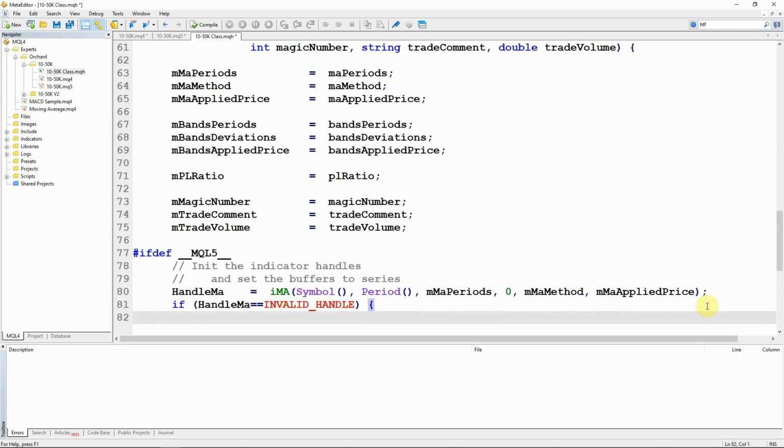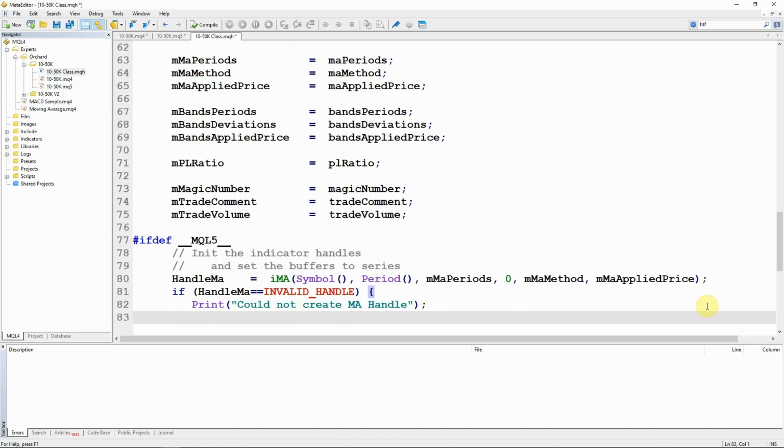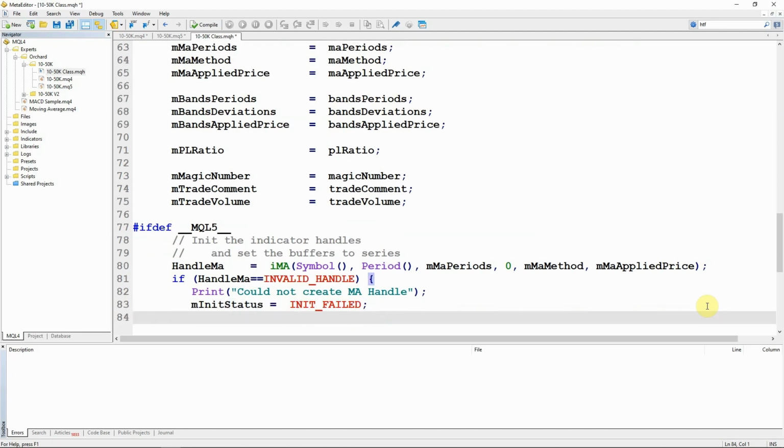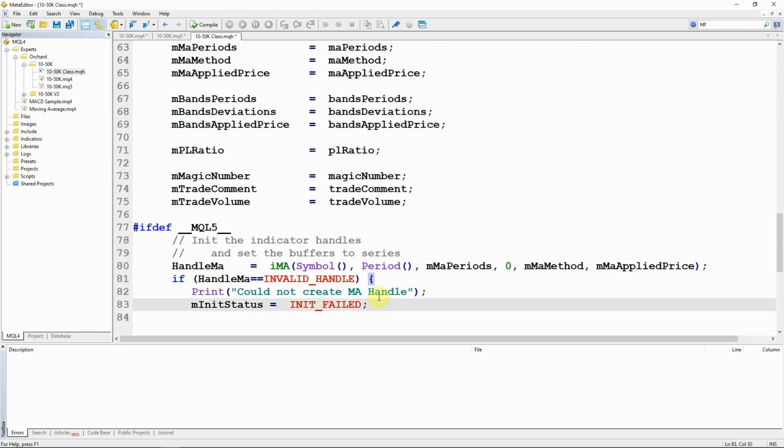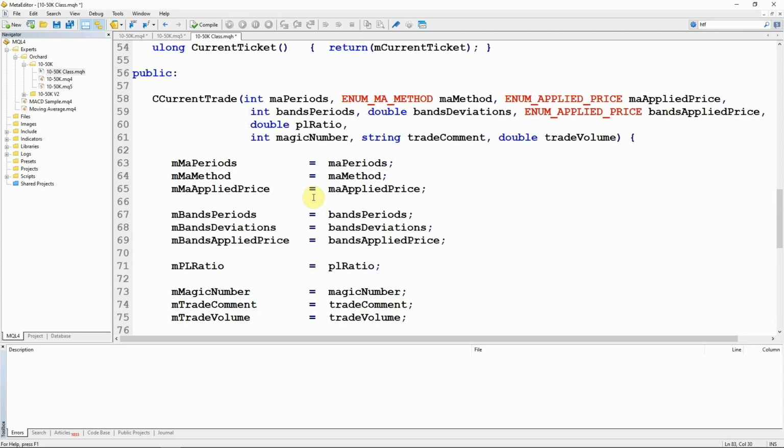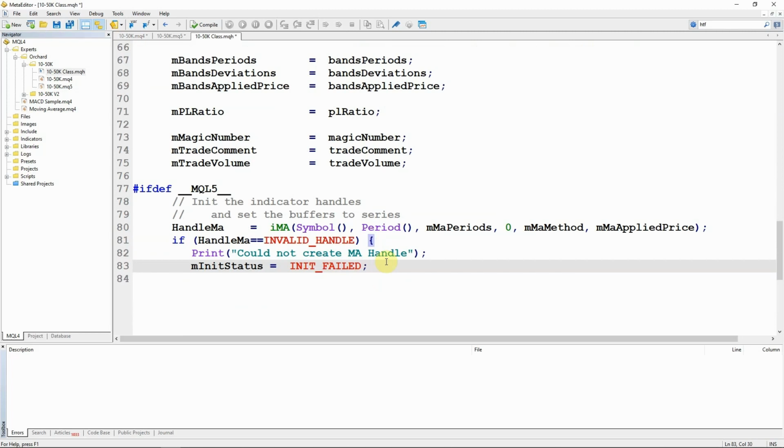And then I'm testing the handle returned. If that call to iMA was unsuccessful, I'll get an invalid handle returned. And in that case, I'm going to print a message, could not create the moving average handle, and set the init status variable, the mInitStatus, to INIT_FAILED. And that way, later when the expert calls the function, it will get the INIT_FAILED from that.